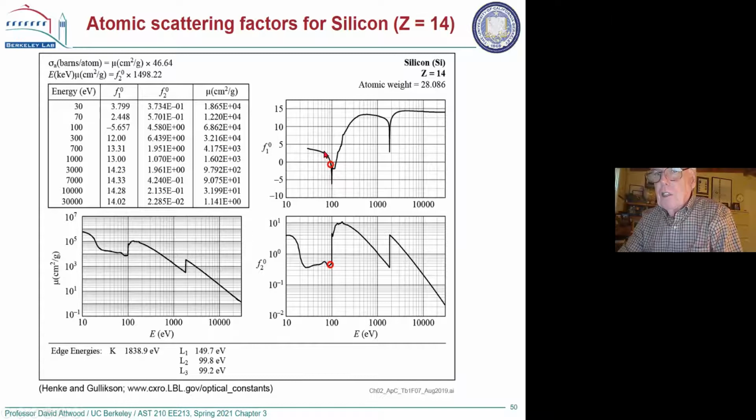silicon is doing a transformation from 1 minus delta to 1 plus something. It's actually crossing over. So in this region, the refractive index is 1 minus something. Below this line, it's 1 plus something. So this is a crossover, and the real part of the refractive index and the atomic scattering factor goes to 0 here. So that's why silicon, just below its L edge, is an interesting place to work, to make coatings,